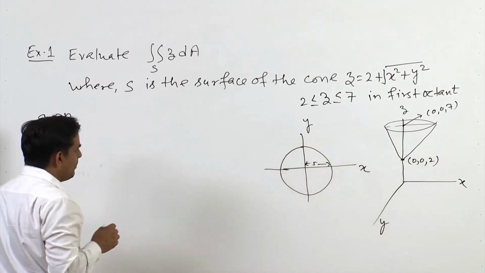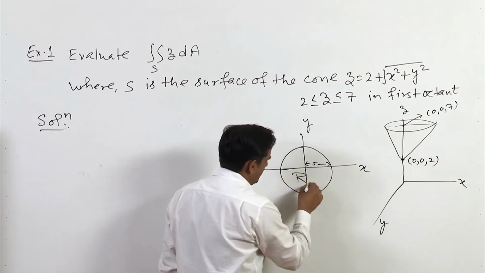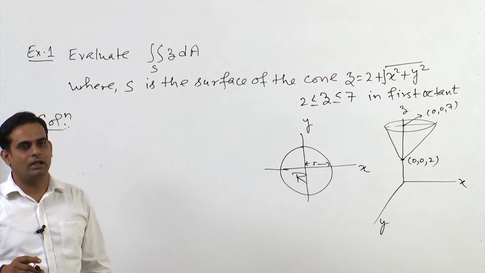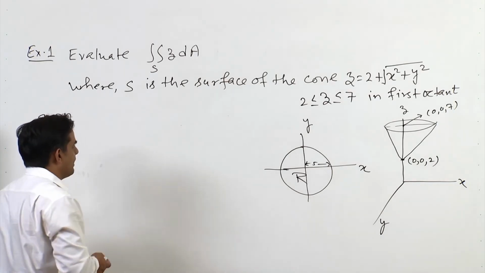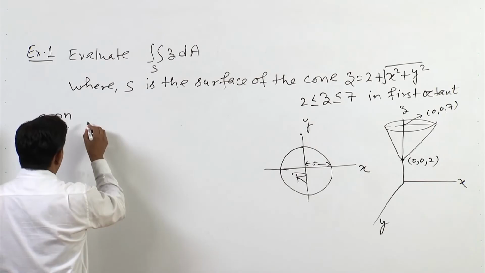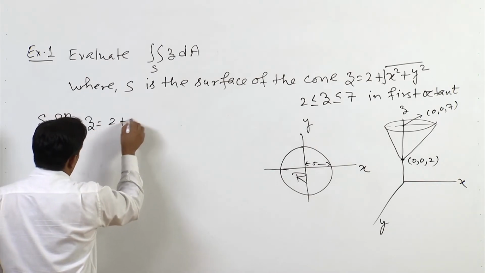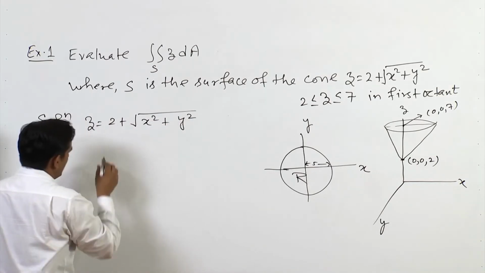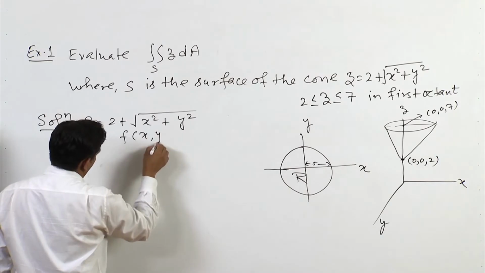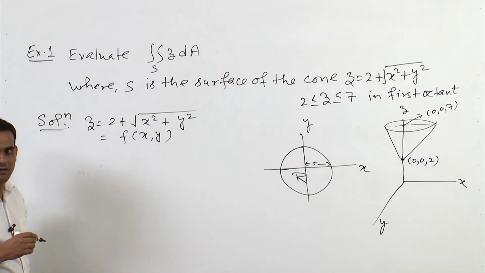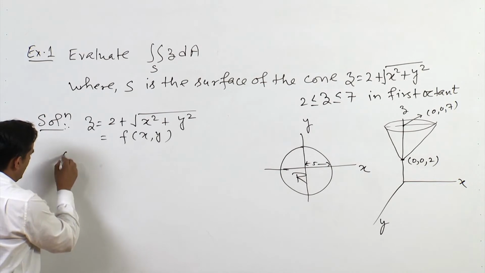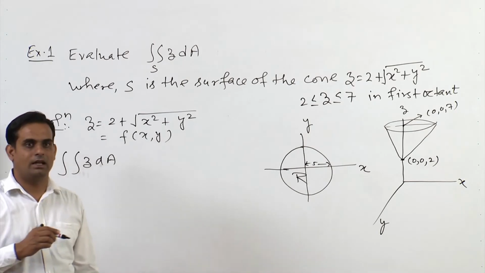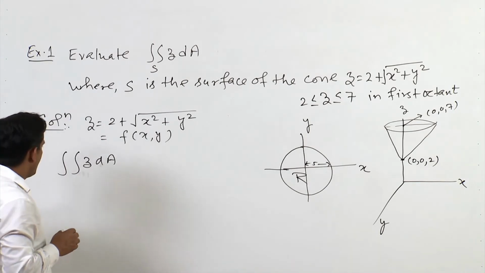Okay. So, now my region R is given by this circle of radius 5 having center at the origin in the xy plane. So, the surface is given as z equals 2 plus square root of x square plus y square. So, this is my f of xy, let us say. Okay. Then what I will do? I need to calculate z and then dA. So, first of all I need to calculate